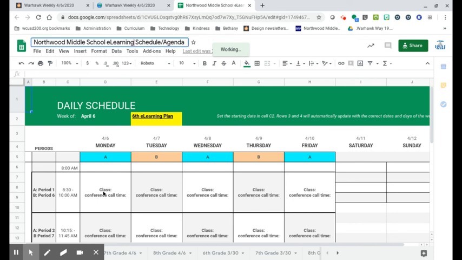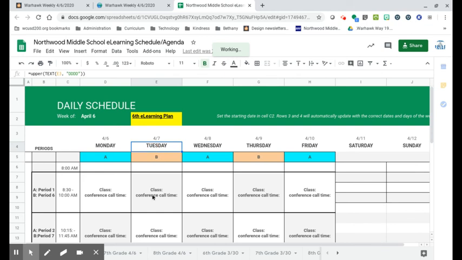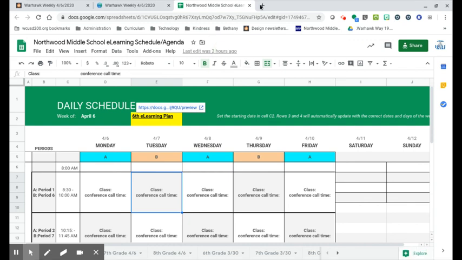So down here, it has all the classes that they would have on each day. It has the dates, and then the class conference call time that you could link in there or type in there what time they're going to have their meeting. We've also linked the e-learning plan to this document too, so it's a one-stop shop for you to go and get all the resources that we've provided.